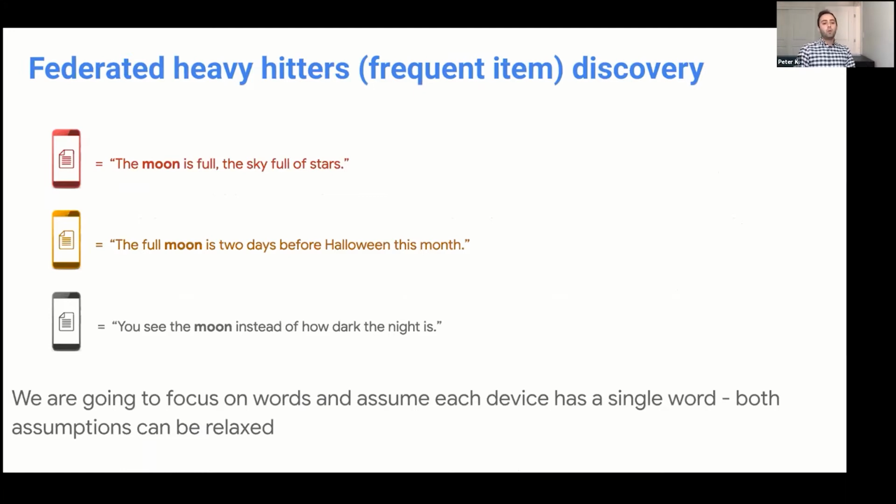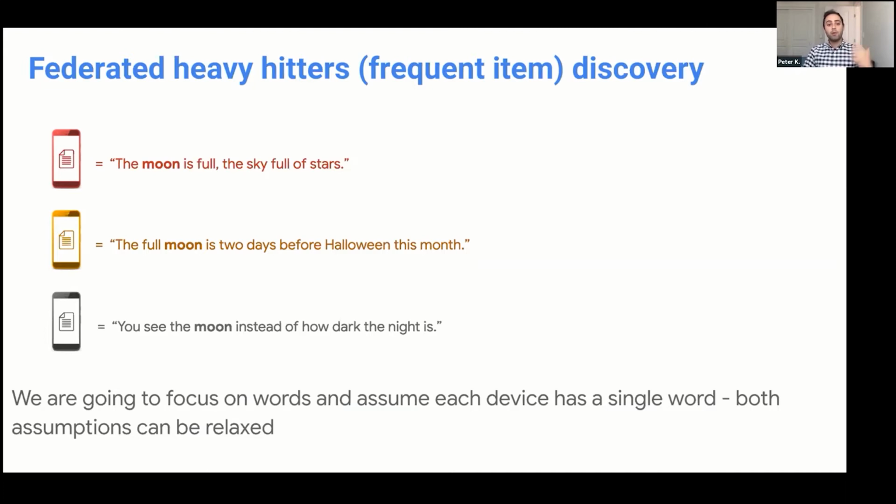So in this problem, we have users, and these users type words on their keyboards. Think about this as Google Keyboard, which is a very powerful keyboard that has a lot of AI and machine learning under the hood. And perhaps Google or a service provider wants to find what are the exciting words that a lot of people are typing. What are those trendy new words? For instance, nowadays people are talking a lot about COVID-19. Soon enough, they'll be talking about the elections. If a celebrity releases a new album, they'll be typing the name of the album or the song or the celebrity. These are new words that trend on a day-to-day basis or week-to-week basis.